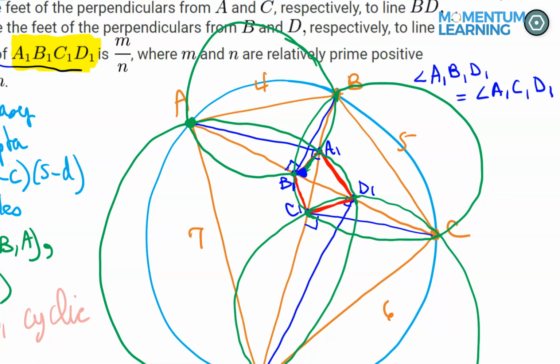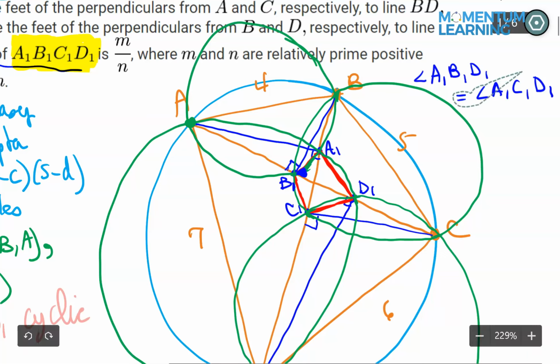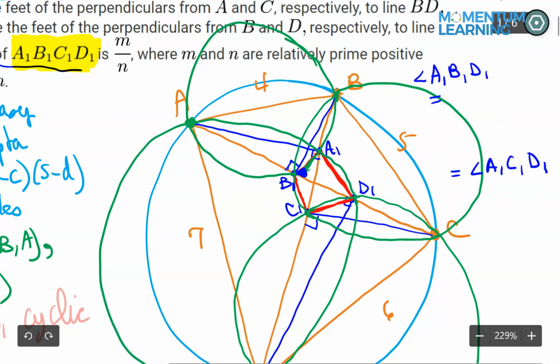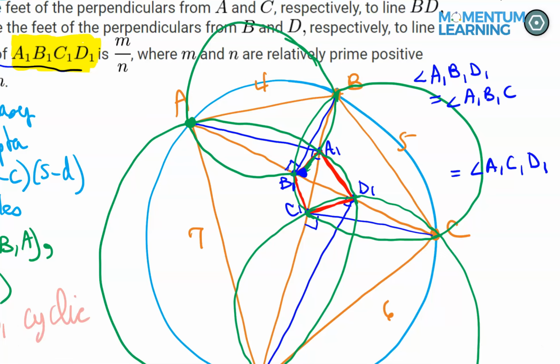That's what we wanted to show, so let's move it down below. Let's see if after a finite number of steps we can reach that point. So A1 B1 D1 is the same thing as A1 B1 C. But A1 B1 C, if you trace it,